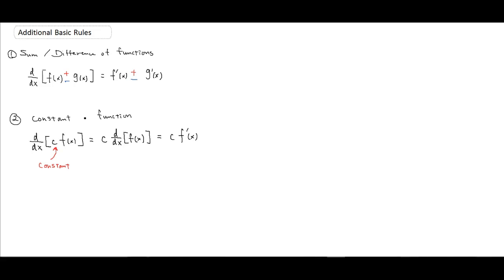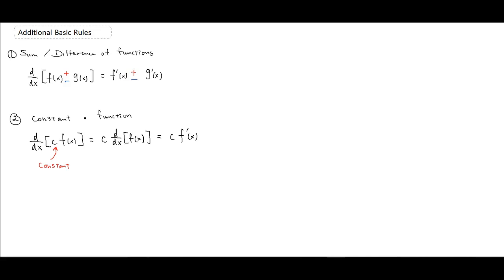Okay, so this first sum and difference rule basically says that if you are trying to differentiate the sum or the difference of two functions, then you can basically differentiate term by term, right? So if you have f of x plus g of x, the derivative is going to be f prime of x plus g prime of x. And if you have f minus g, then the derivative of that function is going to be f prime minus